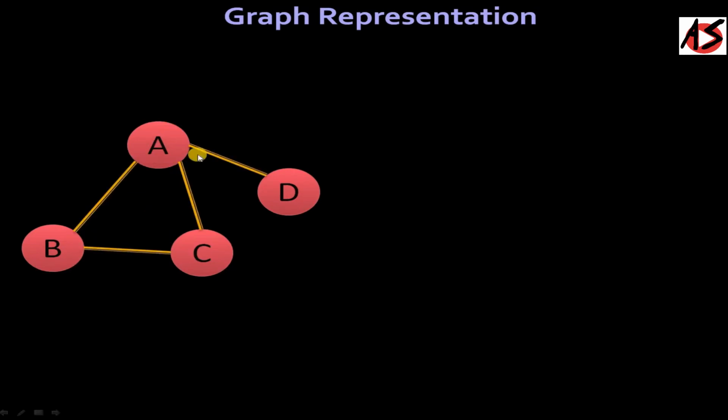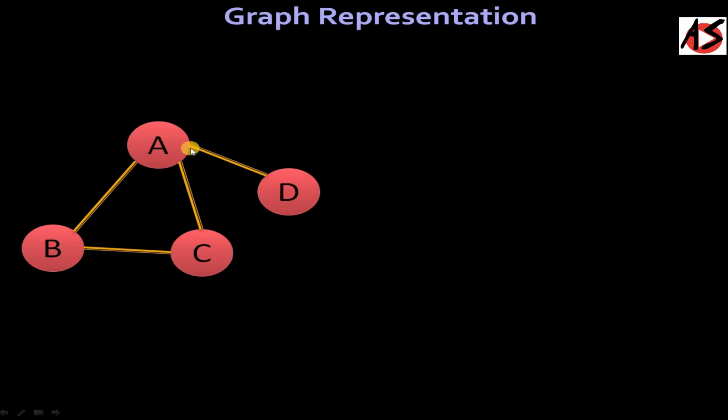So graphs are used in many applications. For example, these are some cities, and if you want to connect these cities with roads, you can connect them with edges. So you can go from city A to B, or from B to city C or C to A, but you can't go directly from city C to D. So you can see from the graph that you can get this kind of information using the connections between the vertices.